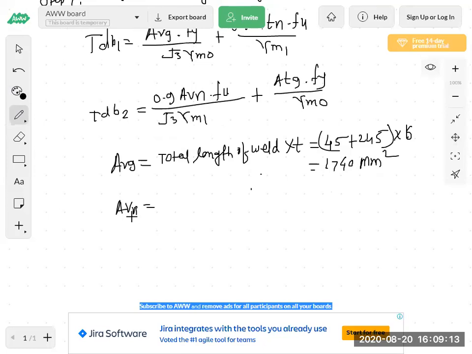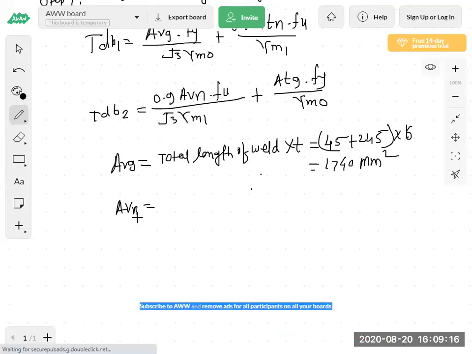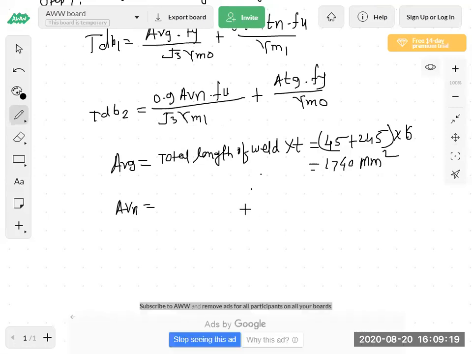So again, what is the formula for AVN? So net area we have to calculate. So here a welded connection is there. So again, gross area and net area will be the same, because there is no deduction in the angle. Why does deduction of the angle happen? Only if a hole is inserted, sorry, if a bolt hole is made in the angle and a bolt is inserted, only then is there deduction for the hole. Otherwise there will not be a reduction of the area. So here the same formula will be there. I have told you AVG and AVN are the same in case of welded connection. So again same formula, total length of weld